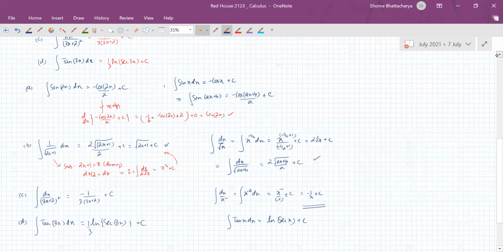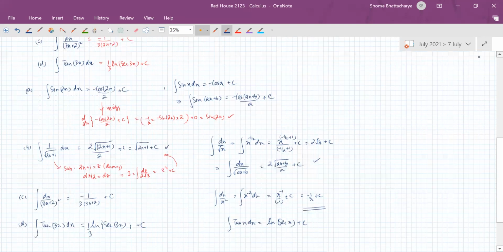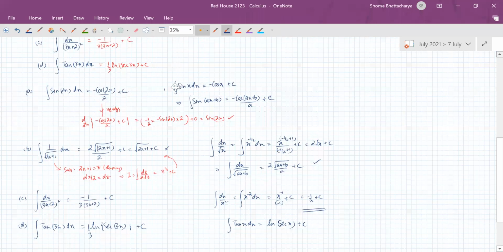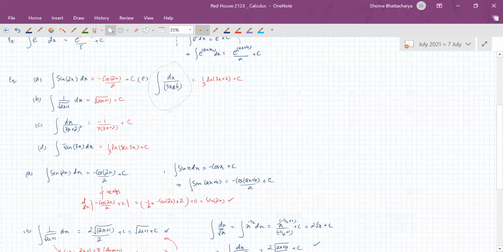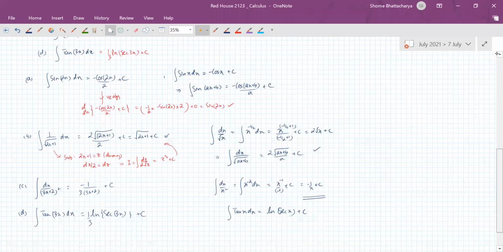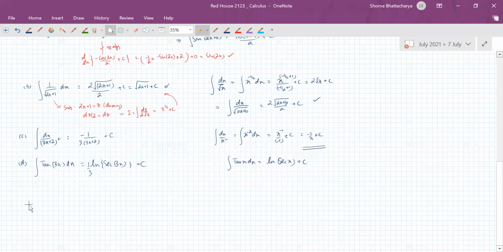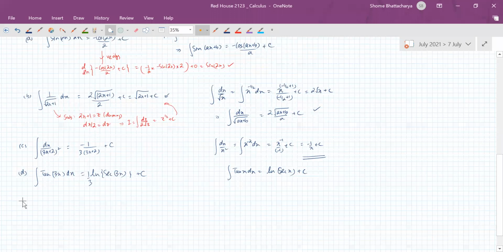And likewise, let's come to the last one, which is this. Yeah, so interestingly, this can be written in two ways actually. So Caleb, your answer is correct. Okay, I'll explain how that answer also works out. So there are two things we can do here. One is that we can directly integrate this. So we know integration of